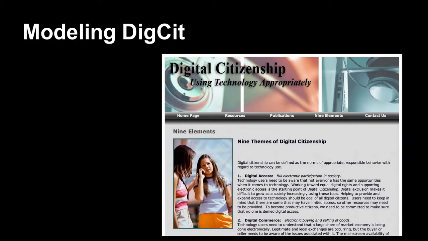Second, of course, digital citizenship. I already knew what digital citizenship was, but one of the things that I've learned a lot about is how to model it. Better to say I've learned that I need to do a lot of thinking about how to model digital citizenship appropriately. So we're starting to think about ways that we can incorporate it into our classrooms through things like blogs